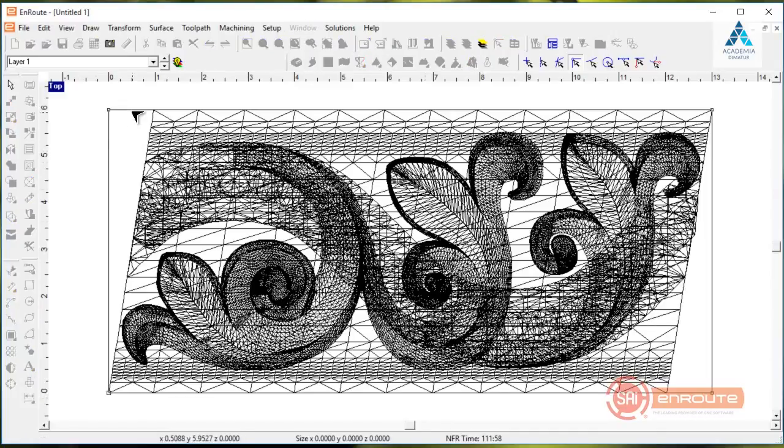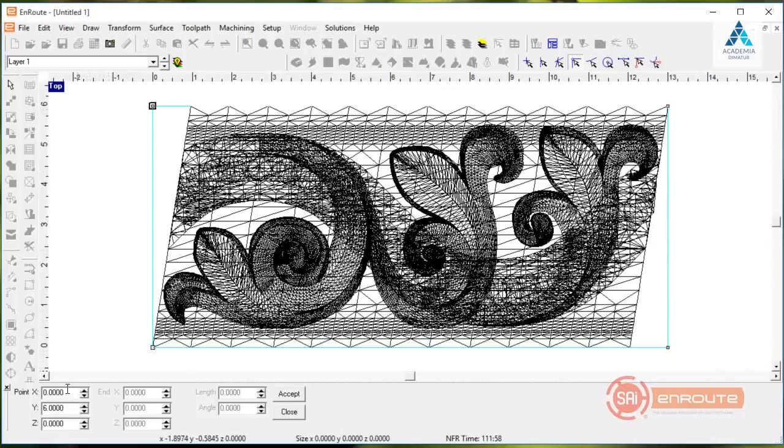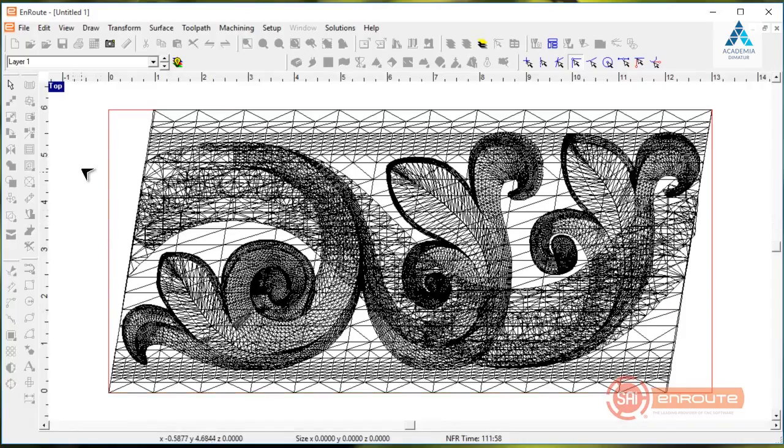Now we're going to go to the point edit mode, and we're going to click on the point in the upper left hand corner, hit the F2 key, and we can move this point over 1 inch to match the corner of the mesh object. And then we'll click on the lower right point and put this to an X position of 12. Now I've got a 2D shape that's the exact size of the part that I want to add to it,